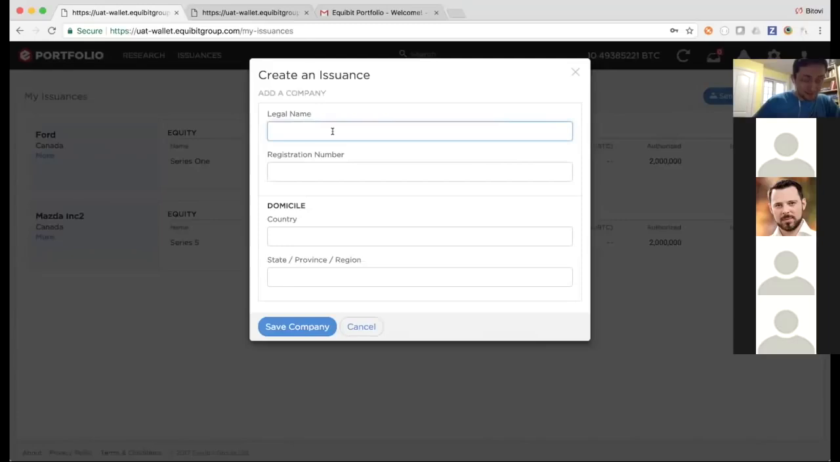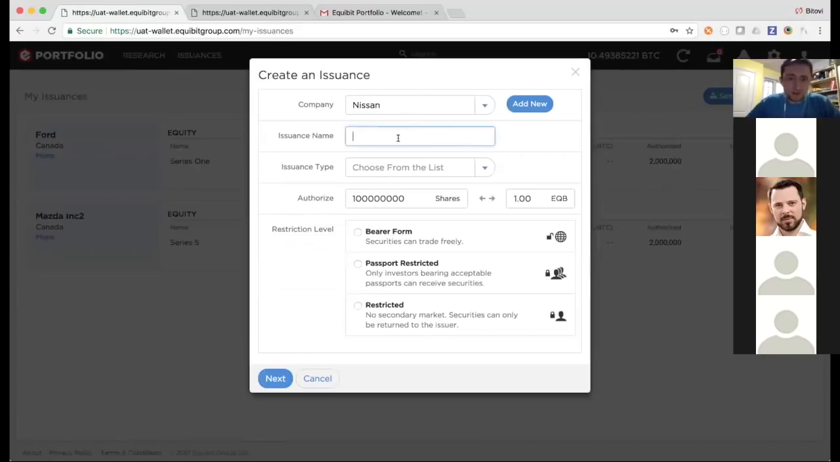So we have Ford, Mazda. Okay, let's get something like Nissan. So my legal name would be Nissan, and I'm entering some registration information. The company will be in Canada, so it will be based in Ontario. So with this, I'm back to the create issuance modal, and now I can enter the issuance name. So let's call it Pathfinder